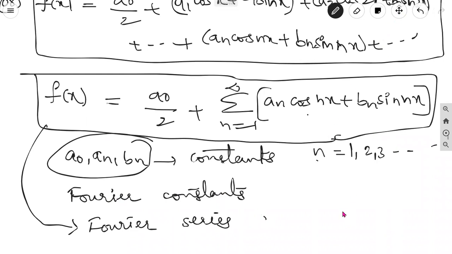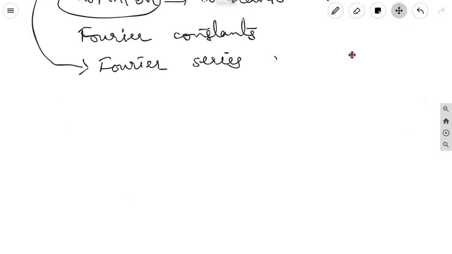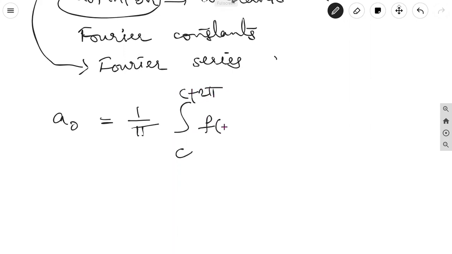Here are the Fourier constants, how we are taking them and how to define them. From Euler's formula we get the Fourier constants: a naught equal to 1 by pi integral c to c plus 2 pi f of x dx, a n equal to 1 by pi